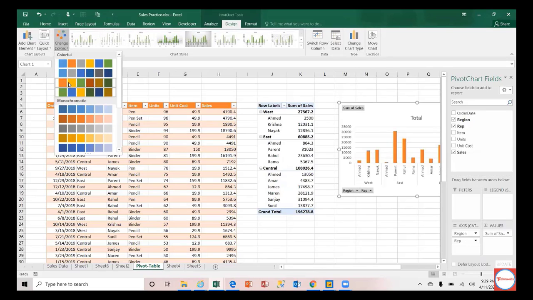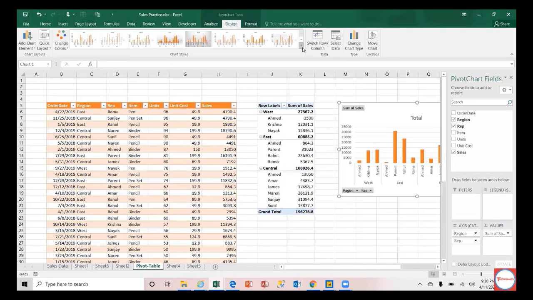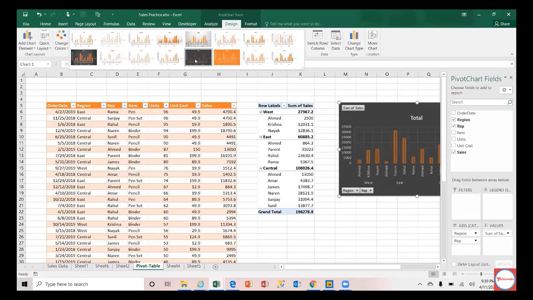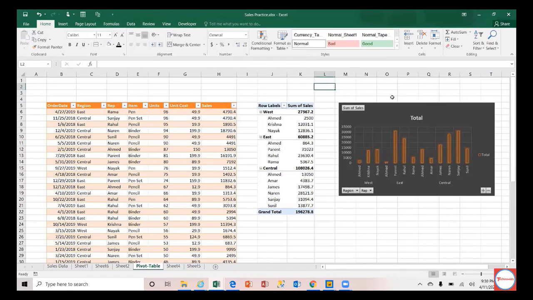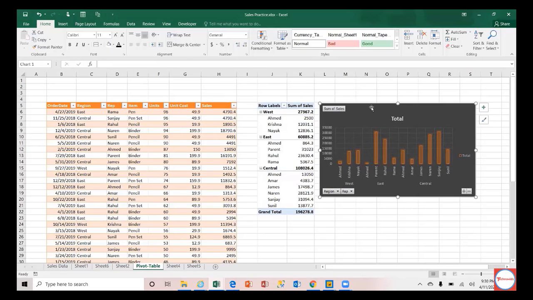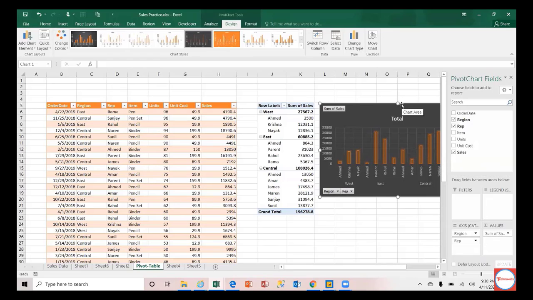I probably spent not even 2-3 minutes, maybe 1 or 2 minutes, to come up with this beautiful chart, because Excel has already provided that feature. So the pivot table is easy to use. Many people think it's a very difficult task to get to the pivot table and do the formatting and so on. It's just a kids' game. You don't have to know anything. You just have to know the option.